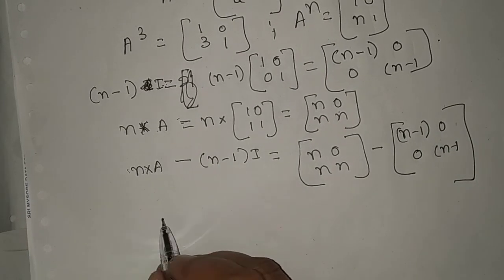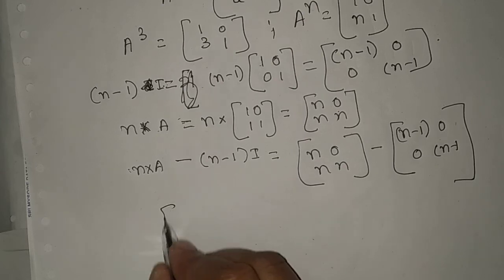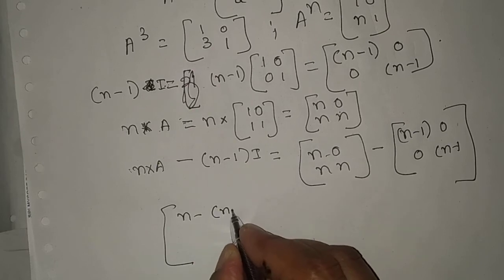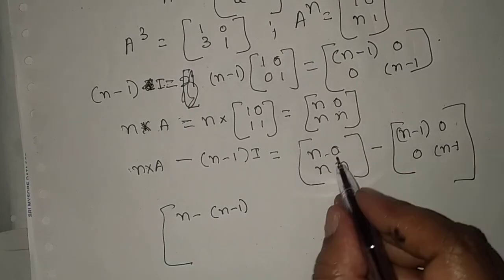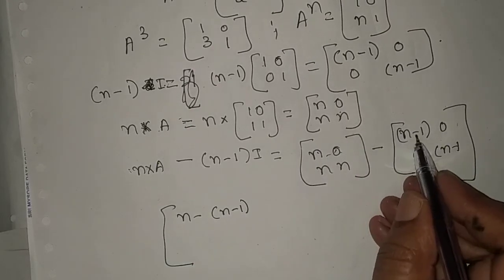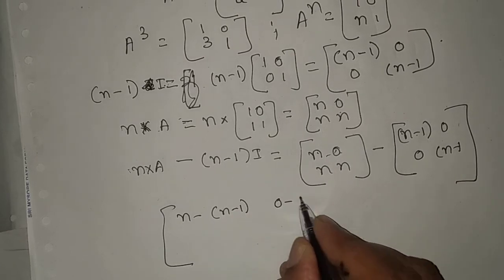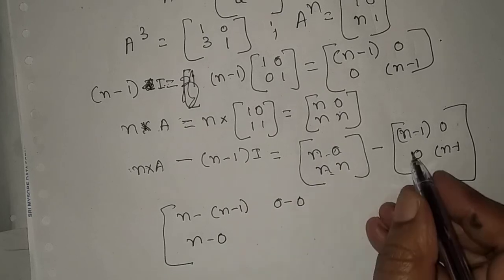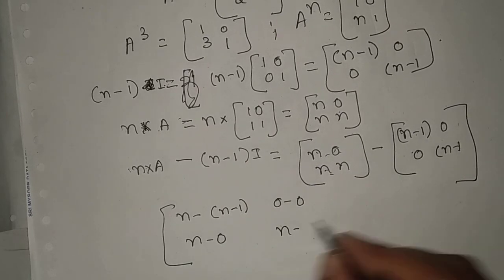After this, next step we simplify and write directly: that is n minus 1, that is 0 minus this one, n minus 1, then 0 minus 0. Next n minus 0, then n minus